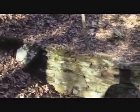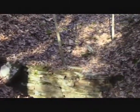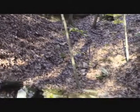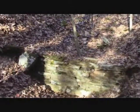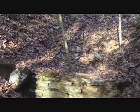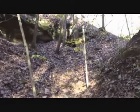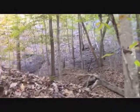So, stacked rock wall right there. They probably had some kind of wooden platform here. I'm not really sure. That's unusual to see a stacked rock wall, though, in front of a drift mine, unless it was built to support a small tramway trestle or a little tramway rail bridge. So, all right, and there's some more drift mine remains over there,